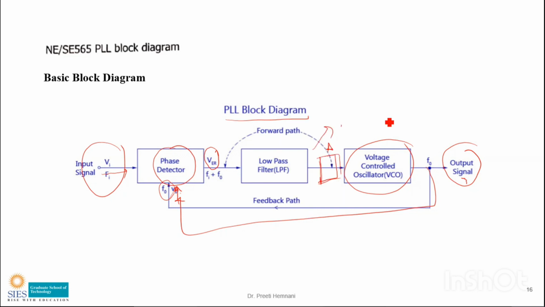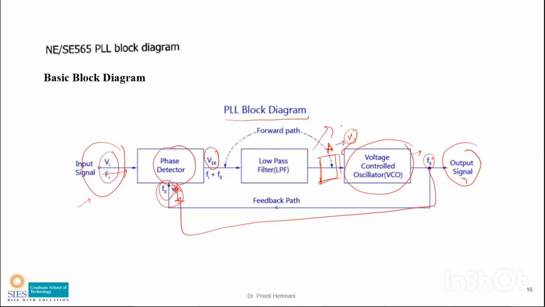You can see here this amplifier will amplify the signal. So this DC voltage is applied to the VCO, and the output frequency of the VCO will be directly proportional to the input voltage of the VCO. Now when this output frequency is coming, it is fed back to the phase detector, so that it can be adjusted such that this frequency and this voltage will be the same. And it is not done in one go. It is done slowly and slowly. And once it gets locked, we can say that the frequency is locked.